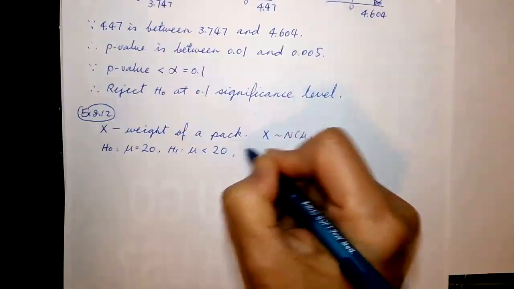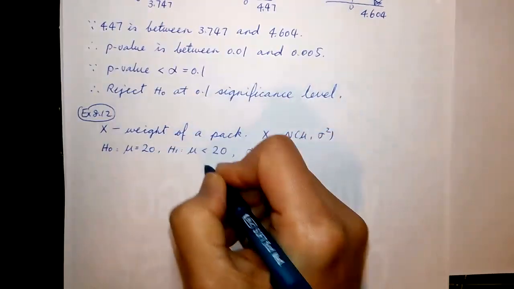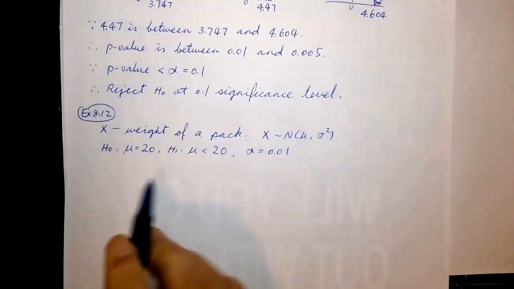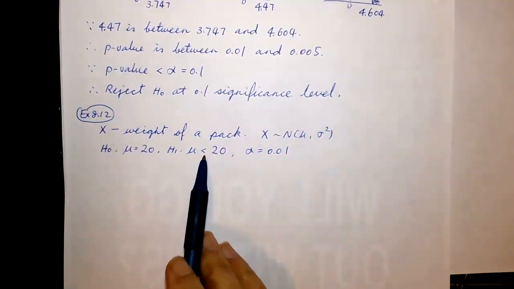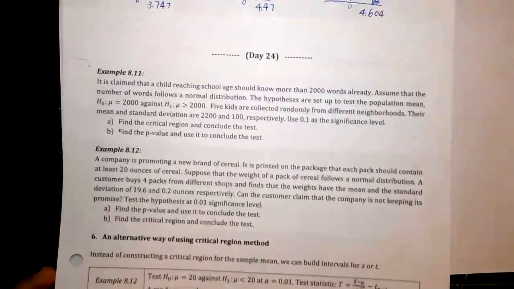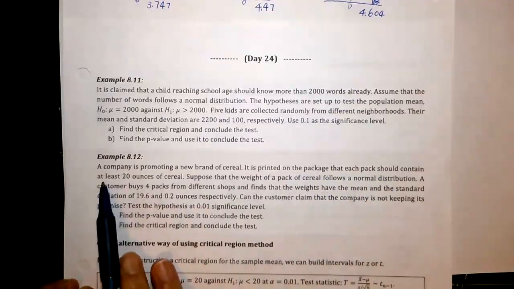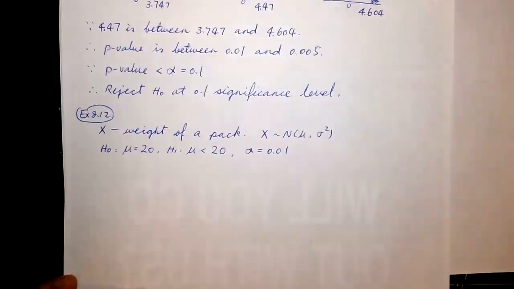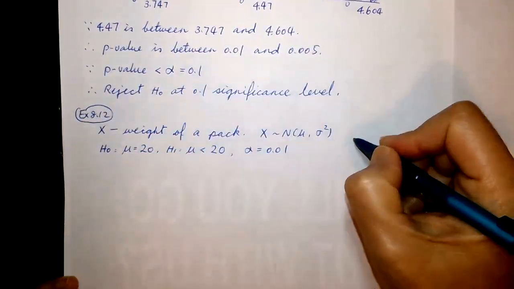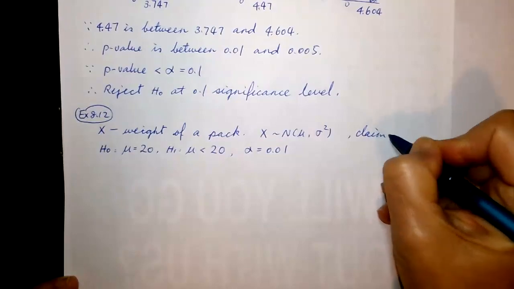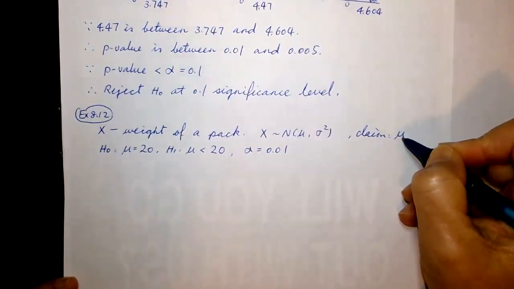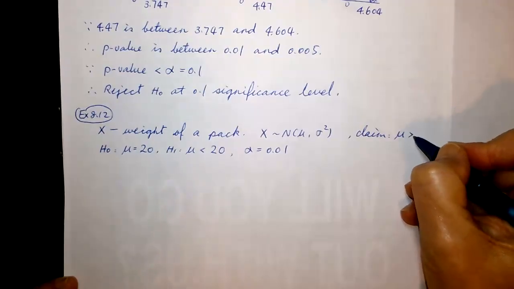Don't worry about why it's less. In the exam, you will be given these tools, so don't worry too much. Now, I chose H0 to be equal, H1 to be less because of the sentence we saw, that this is the claim. Each pack should weigh at least 20. At least 20. That means, okay, the company claims the average weight, right? It doesn't claim each one should be at least. That would be very risky to claim. So mu is at least